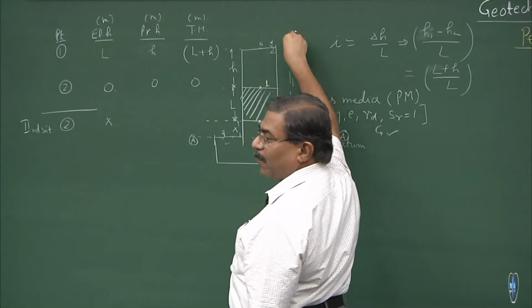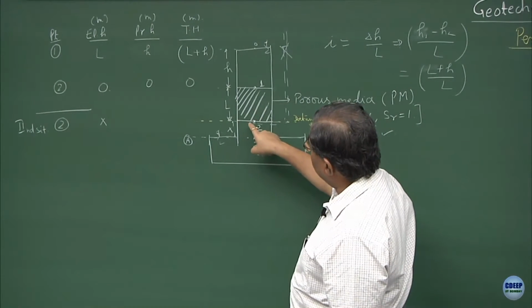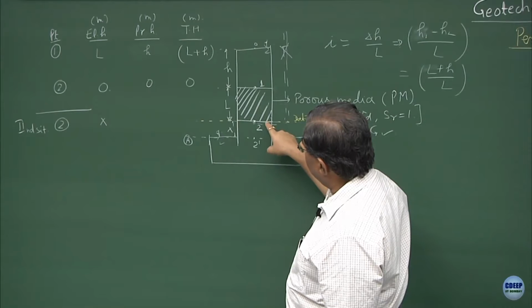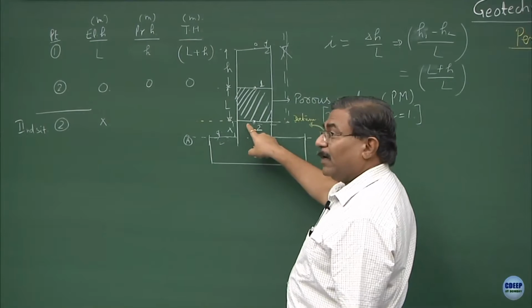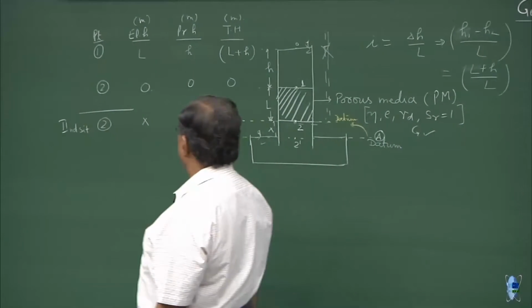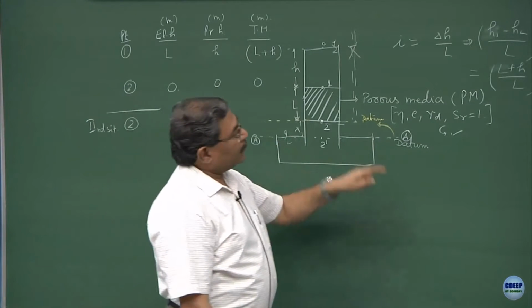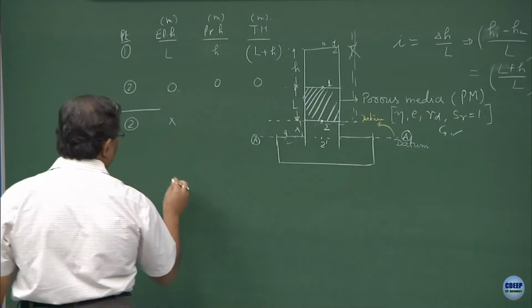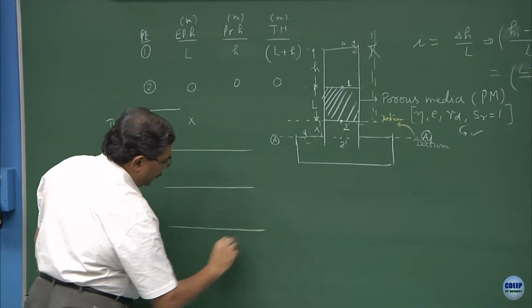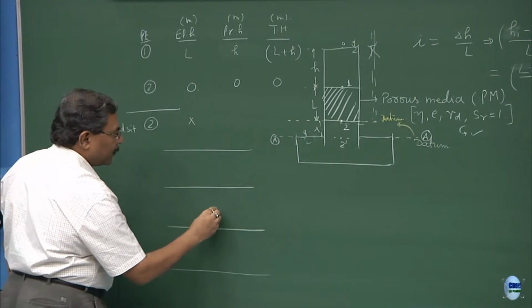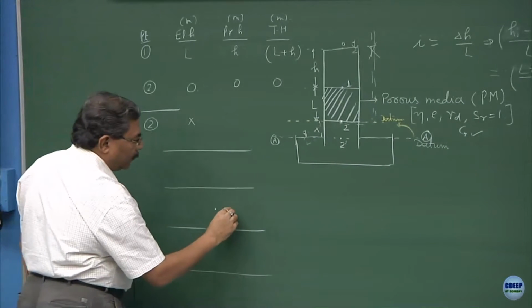What is the reason? Because you have a situation where the boundary condition says that this line is exposed to the atmosphere, and hence the total head at this point is going to be 0. Clear? Now, those of you who are confusing this with the situation which we have been dealing with in the past, when we were considering different types of layered systems, and I had asked you to find out the state of stress at this point and find out the u_w.